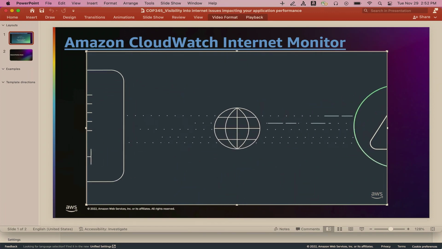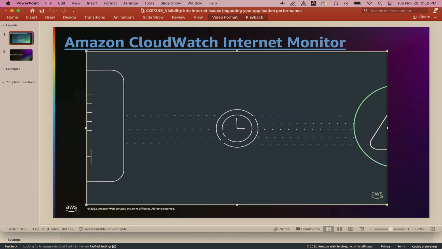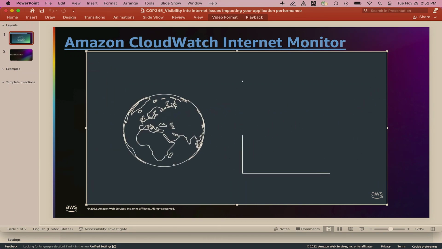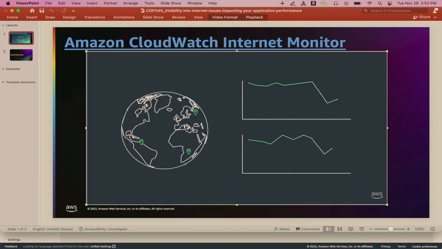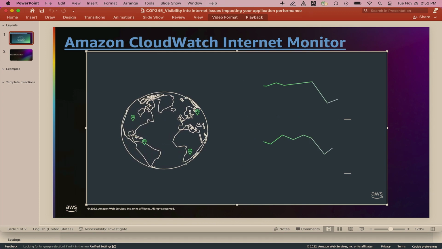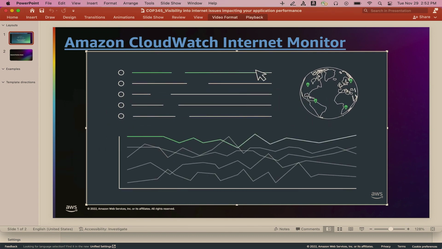Using Amazon CloudWatch Internet Monitor, learn about problems that arise on the internet that your end users are experiencing in different geographic locations and networks without writing a single line of code. It also provides insights and recommendations to help improve your end user's experience by comparing your current performance with estimated performance from other AWS services. And it also suggests regions for placing your workloads to get the best internet performance based on your user traffic